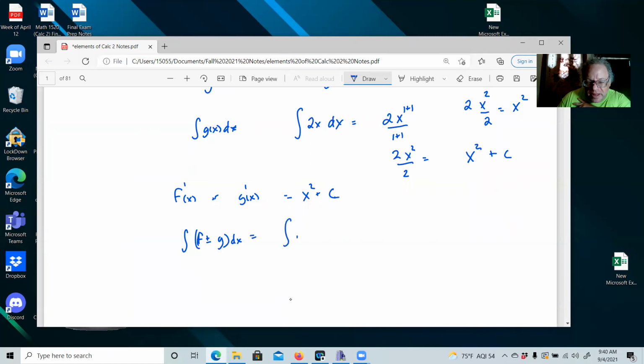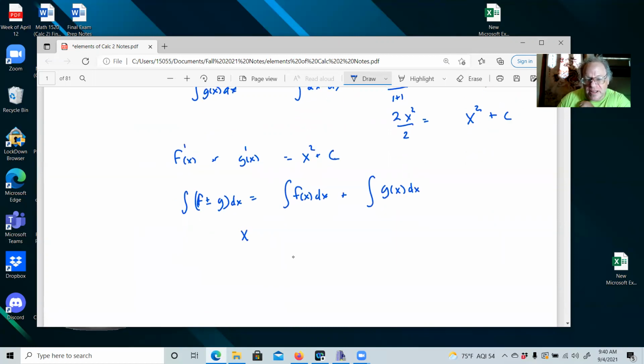Then we're going to end up with f of x plus g of x. And this works exactly the same as it did for derivatives, right? If you had to take the derivative of x cubed minus the square root of x, x to the 1/2, plus x to the -2, right? You wouldn't think about taking this derivative, I've got to figure out what the whole function is. You wouldn't do it, right? You would just go ahead. You would say the derivative is